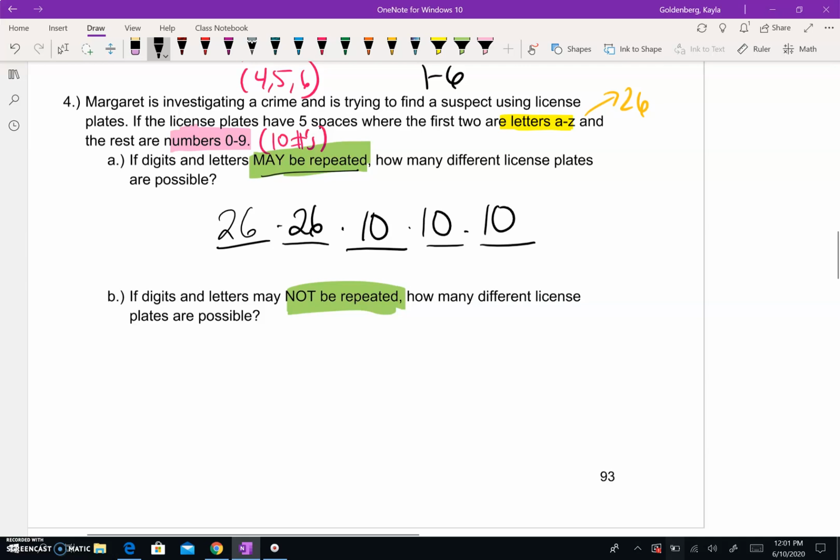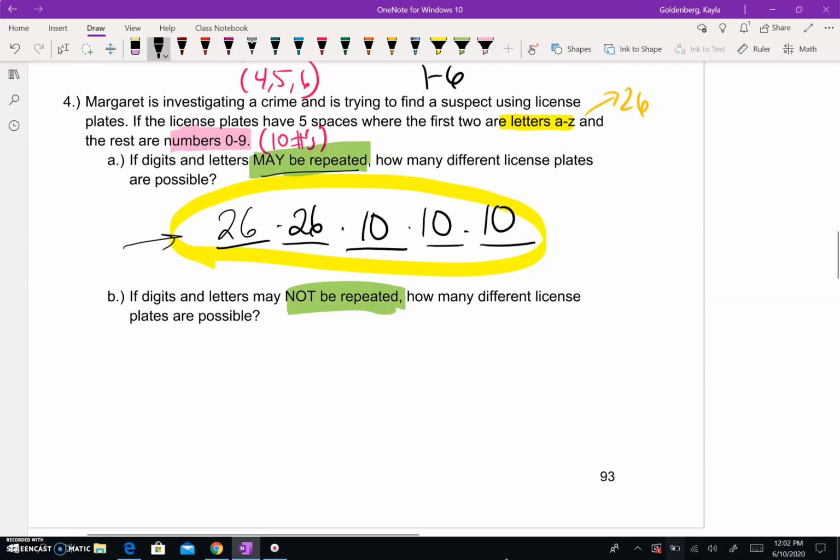I'm not going to write out what this final answer is. You can easily multiply it out in your calculator. The thing I'm most concerned about is knowing to be able to write out that. So make sure for the counting outcomes, you guys have to show this step before writing your final answer. That will show to me that you understand where everything is coming from. You understand what has to be in each slot, based on can you repeat them, can you not repeat them. So try out B on your own, and then unpause the video when you're ready to hear the